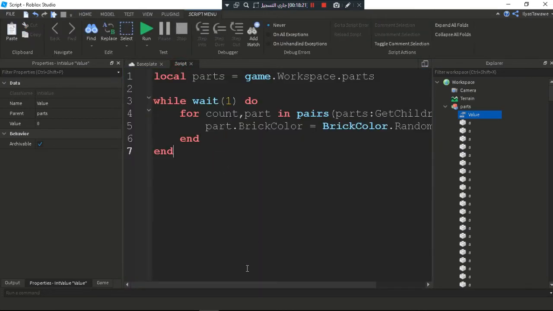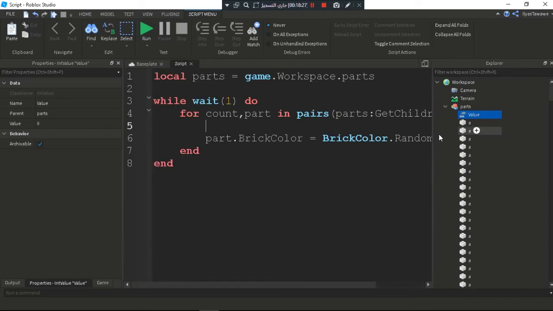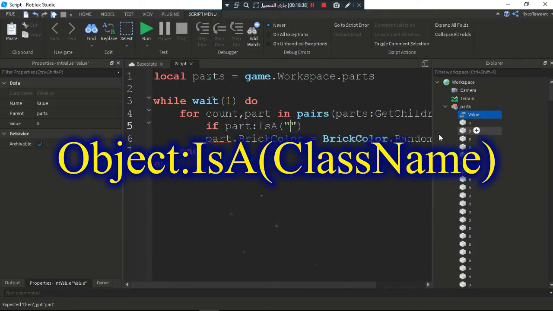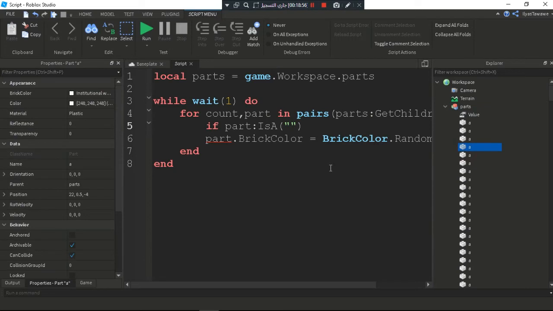So for preventing this from happening, we have a simple function called IsA. So as you can see, if part IsA, like that, it takes one parameter, called class. And for knowing the class, you just should select the item that you want. You see here, as you see, class name int value, and here this is a part. Okay, let's give it part, then,